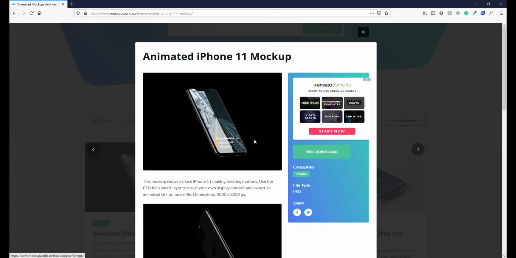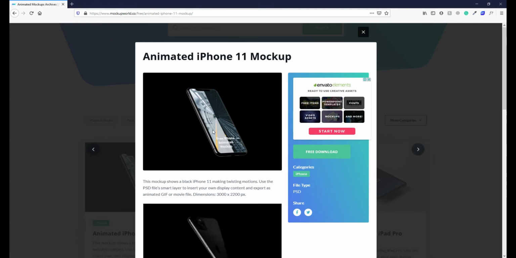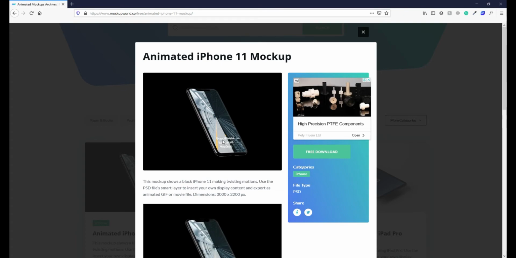And yes, this is a PSD file type, and you can download the file, and later you can edit it. You can place your UI in place of this screen with the help of Photoshop or a cool software called Photopea. Again, if you don't know how to place your UI in the PSD format, then you can watch my video on how to do that on Photopea.